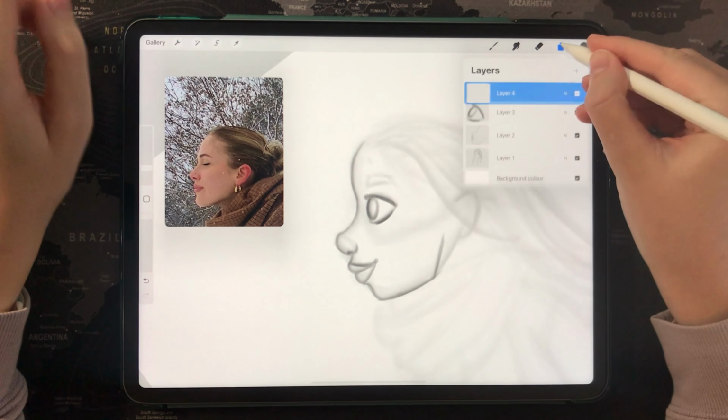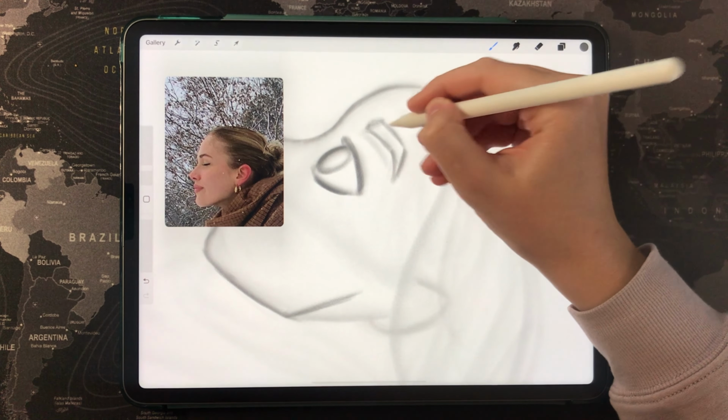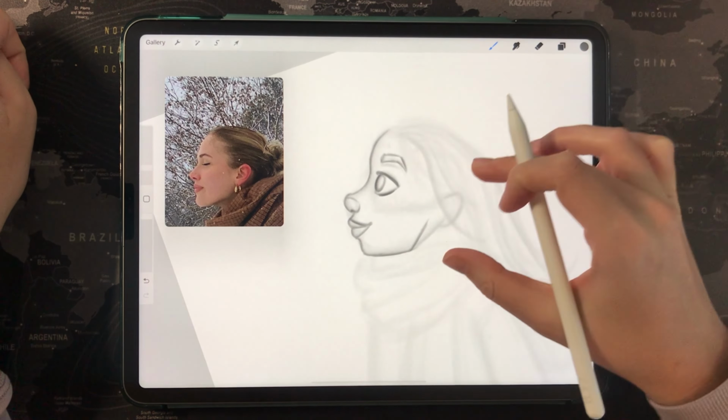Face is the most difficult part to draw, so I spent quite a bit of time doing it, refining it and stuff like that.